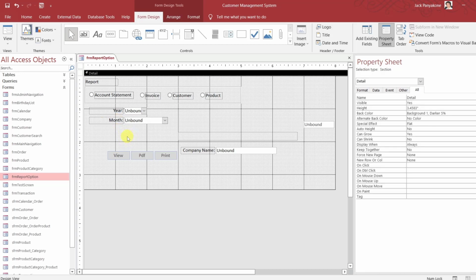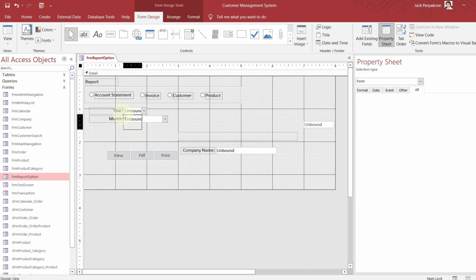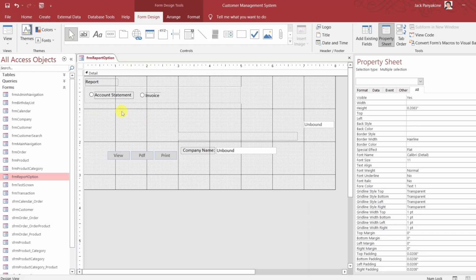So when a user selects account statement, you first show the year, second show the month. And then you need to pre-populate, but before they can select